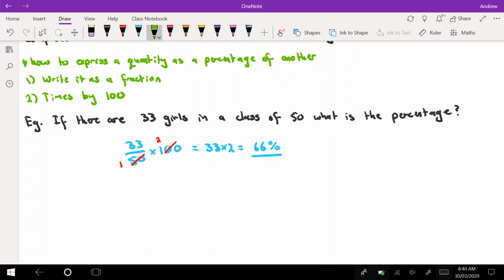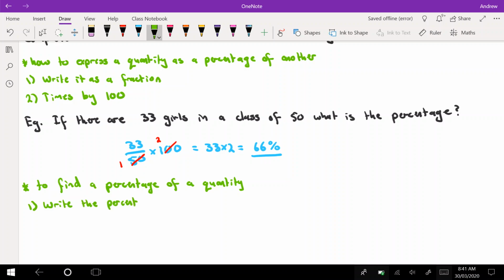Now, that is how to find the percentage of one quantity out of another, but you could also have a percentage of a quantity just on its own. So 15% of 64, for example, would be a question like that. So to find a percentage of a quantity, first step is to write the percentage as a fraction